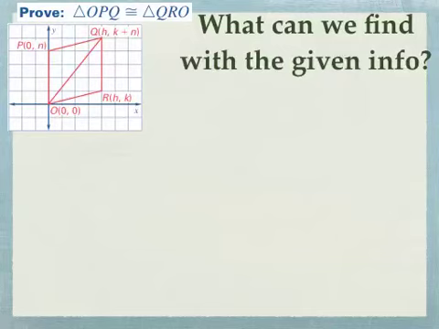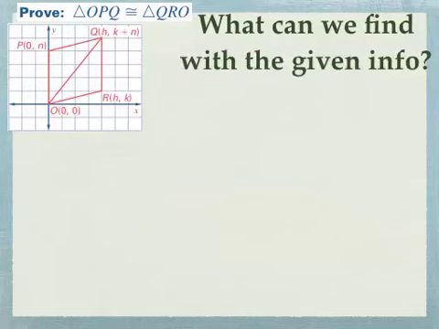They have given us one nice thing, that it's sharing the side OQ, so that should be an easy one. We really don't have any way, especially because we aren't given numbers, we're given variables, to prove anything about the triangle or about the angles of the triangle,